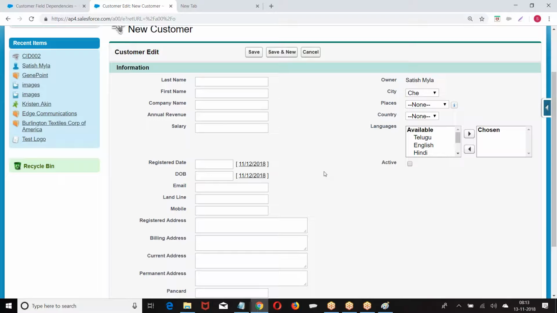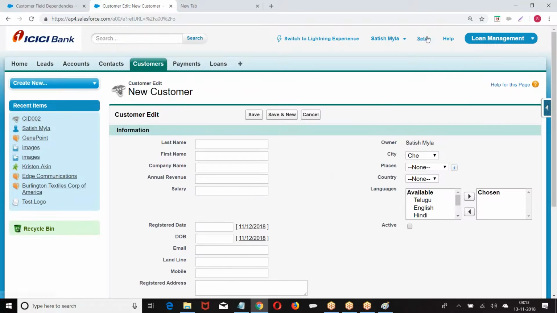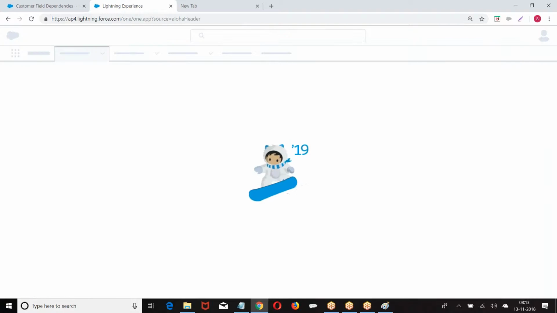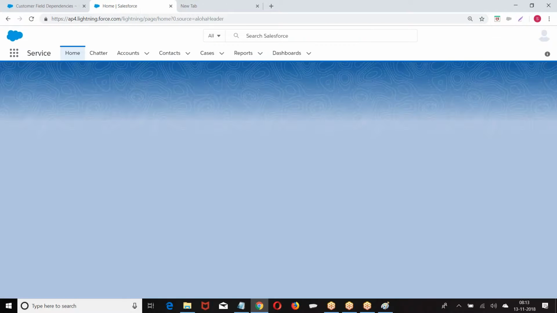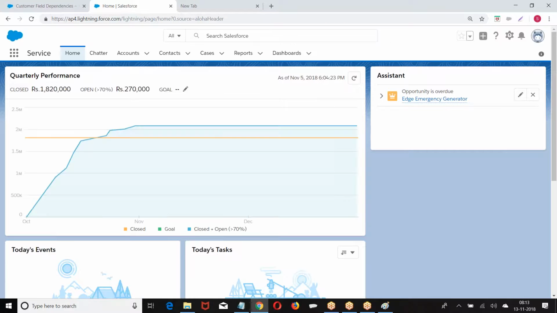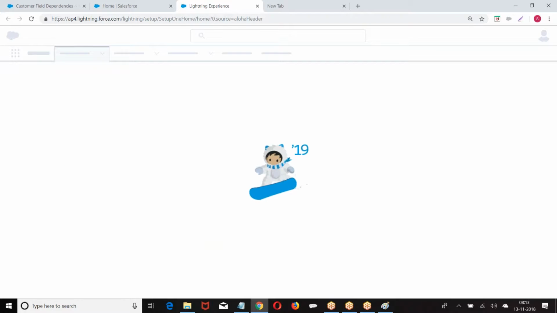Now, how do you create the same field in Lightning? I've shown everything using Classic. How do you create the same using Lightning? Go to Lightning, Setup.